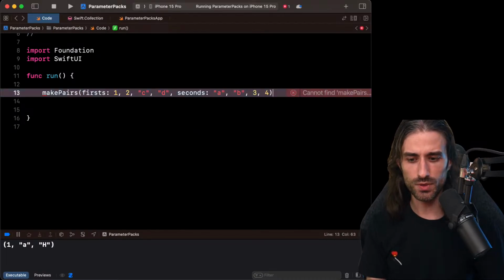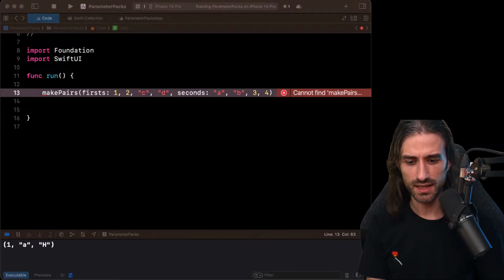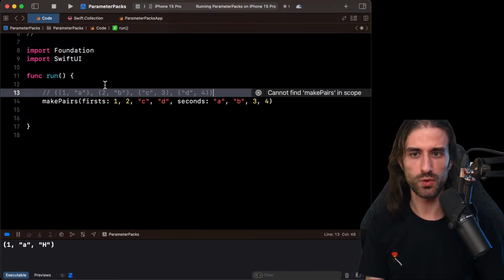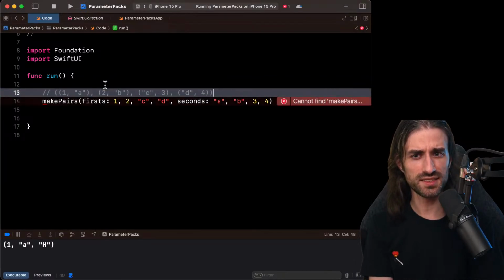So now we're going to even more complex things. I want to implement a function called make pairs. So let me see if I have the syntax. Yes. So this is what I would like this function to return. You can see that this time the function takes 2 argument lists, not 1.